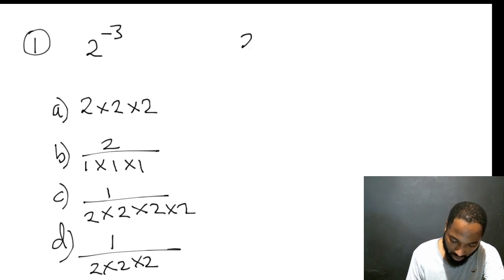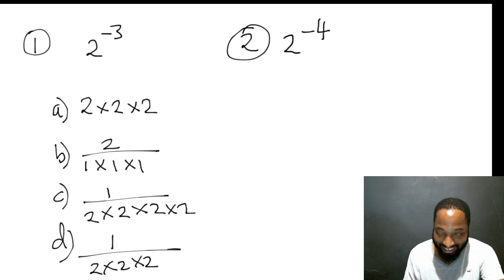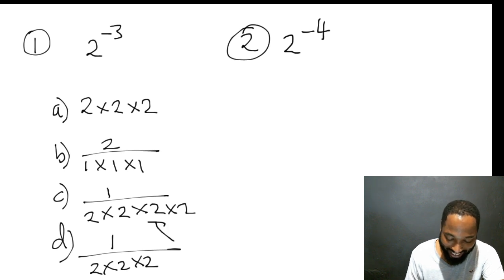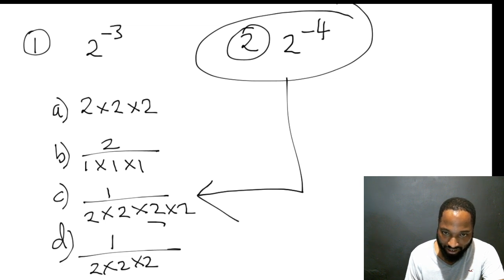So 2 to the power negative 4. Some people say C, and then some people say D. But I guess people say C early because they probably see me reach here and then see me pay the last number. So the answer is D. And what would be the answer for number 2? The answer for number 2, yes, will be C. Because we have 4 here, so it means 4 on the underneath.